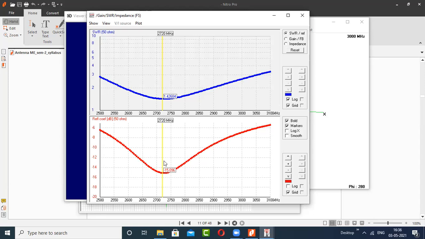Now I will work on the other parameter, that is length. Okay, so length versus the same parameters. If the length changes, then what happens to the bandwidth, resonant frequency, gain of the antenna, and the reflection. Gain we forgot. Now we have to check what happens to the gain. Earlier it was 2.13 dB. Now what is going to happen? Okay, so 15.11 is the reflection coefficient at 2.725. Okay, 2725. This is the resonant frequency.